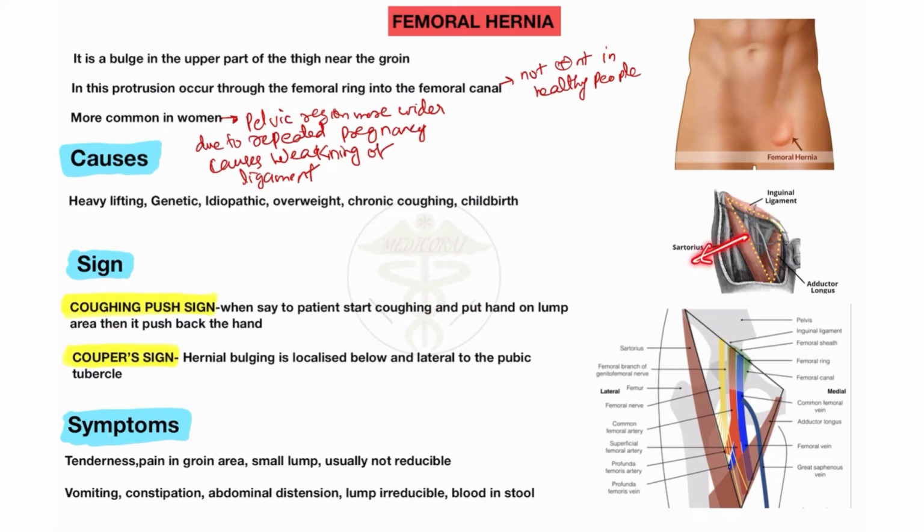This is the lateral border, and this is the medial border. The lateral border is formed by the sartorius muscle, and the medial border is formed by the adductor longus. The medial border of adductor longus and the lateral border is formed by the medial border of the sartorius muscle. So this is the boundary of the femoral triangle. The base is formed by the inguinal ligament, laterally by the medial part of the sartorius, and medially by the medial part of the adductor longus muscle. This is the boundary of the femoral triangle.